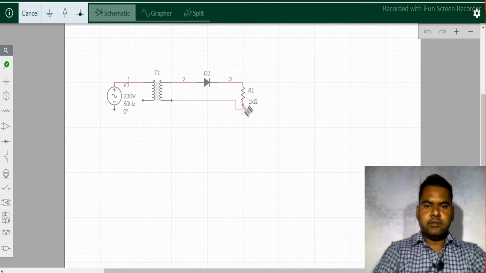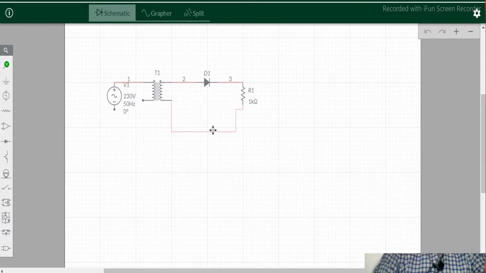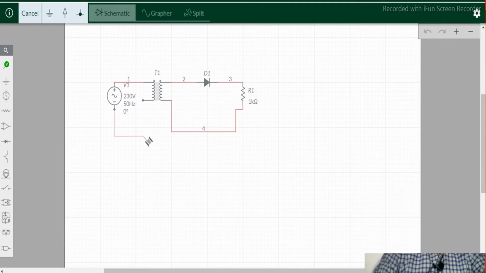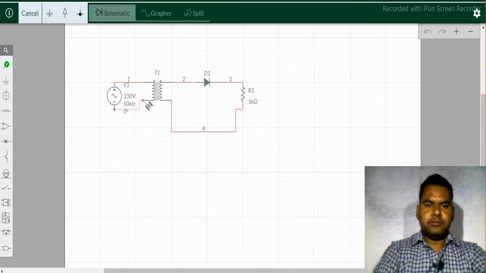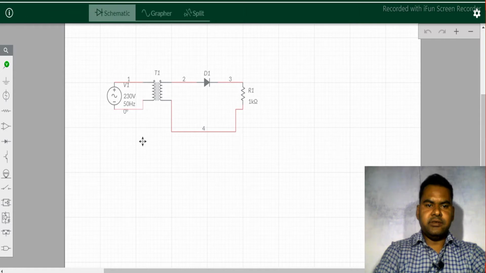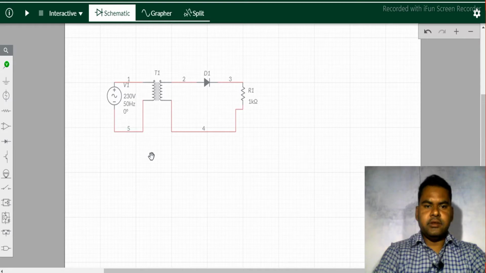I am just connecting the wires in this circuit. You can extend this wire for accurate display. So finally this circuit is completed, but one more thing is required.